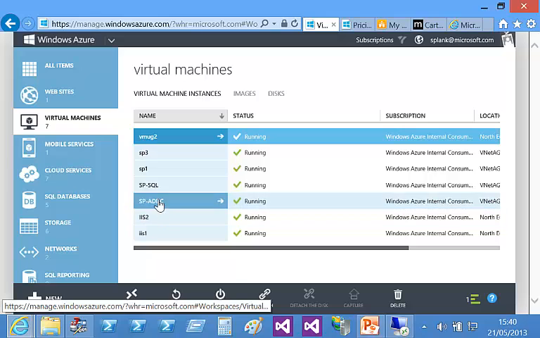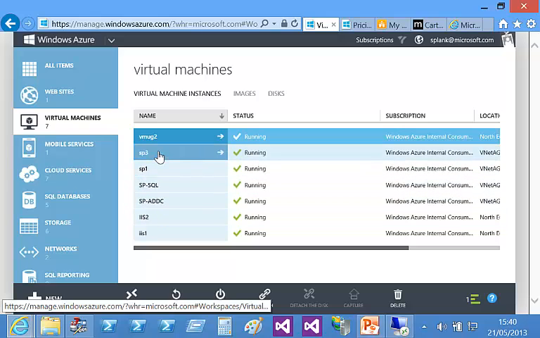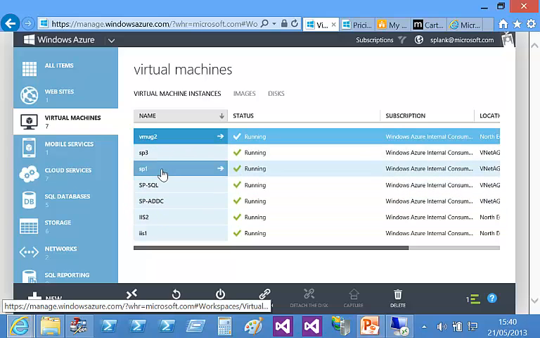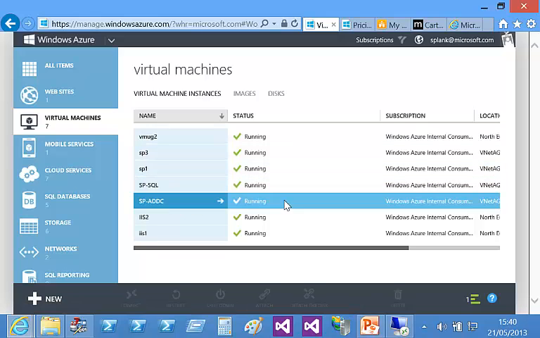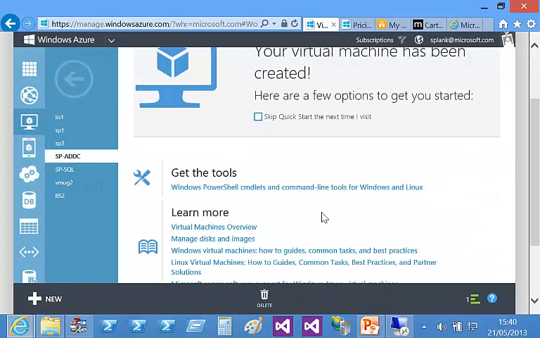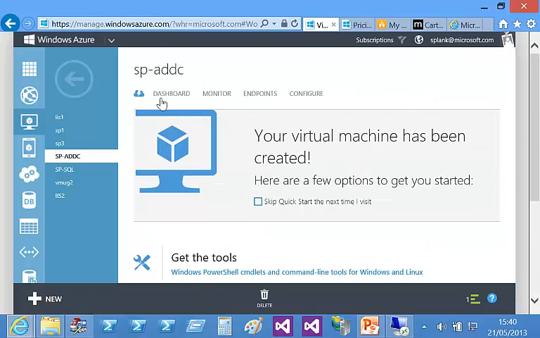This is a SharePoint environment. I've got a SharePoint server here, they're in a farm. I've got a SQL server and an Active Directory domain controller. If I look at this one, I could click attach, but I can show you the ones I've already got attached on here. So, going to the dashboard,